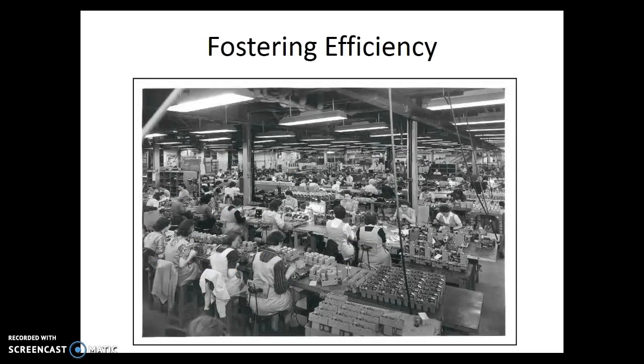The last goal is about fostering efficiency. Progressive leaders wanted to promote positive forms of change. And so they put their faith in science to help make society and the workplace a little more efficient. We see the idea of scientific management, where you use scientific principles to create more efficiency in the workplace, thus lessening the load that people work. So the assembly line method, and promoting that method to make the lives of the employees a little easier, is definitely an aspect of the progressive movement.